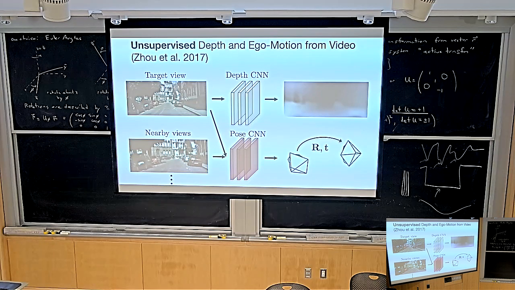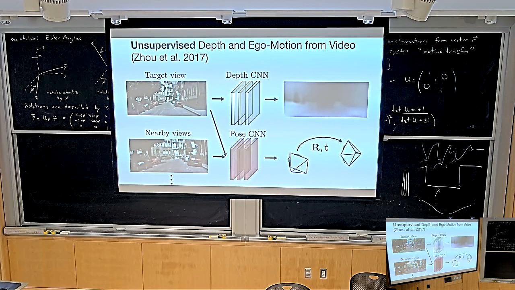Now, we're going to build a convolutional neural network, or transformer, doesn't matter, and we're just going to say your job is to predict the depth. So for every pixel, you're just going to give me the depth. Makes sense, right? We discussed this before. Just note that right now, this is not going to be supervised, so you're never going to show this thing a ground truth depth map. But you're just going to say, I'm going to interpret the output of this network as a depth. Make sense? Good. Okay, so this is your depth CNN.